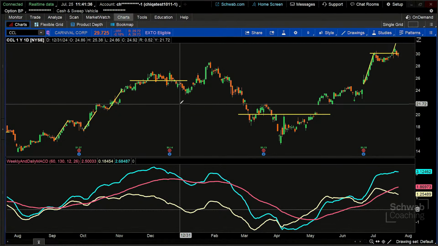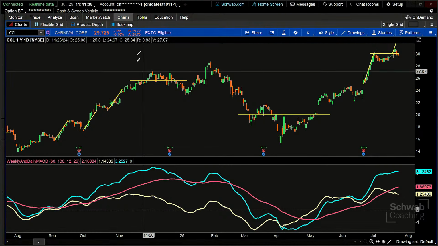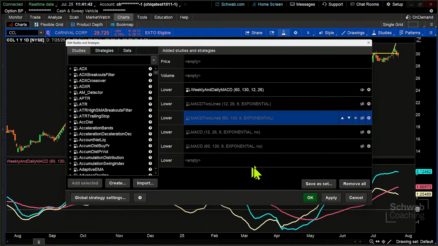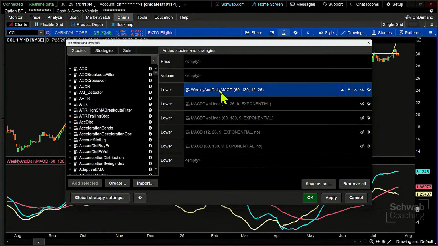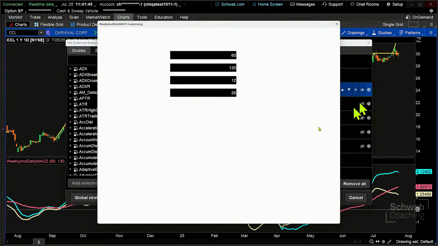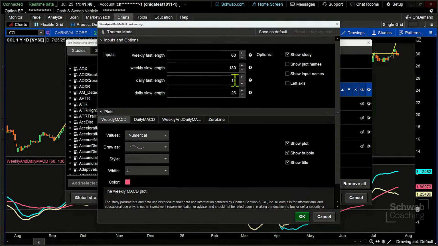The way that we built this is we took the time frame of the typical moving average, 12 and 26. Now you can adjust that. It doesn't have to be 12 and 26. But we took that, we times it by 5 to get a weekly. We put those together. We're showing the weekly MACD, the daily MACD, and the combination of those two, and where